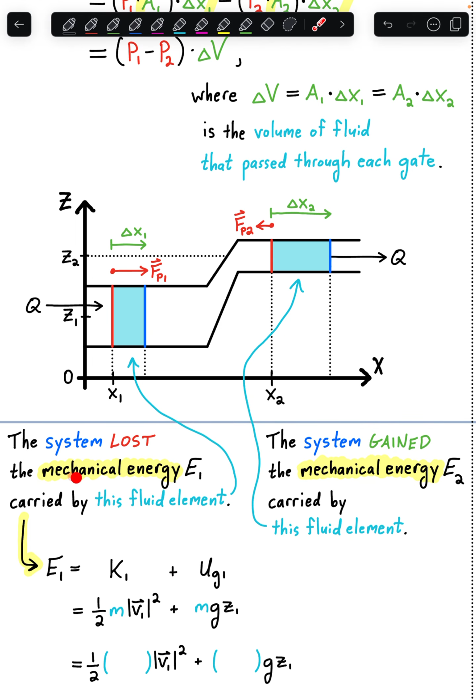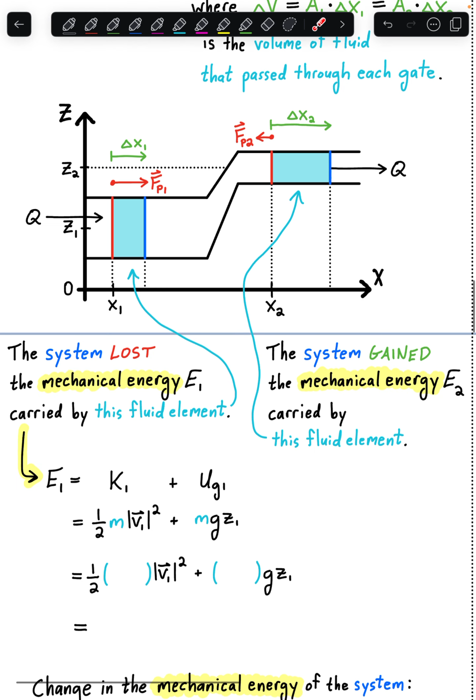So the system lost the mechanical energy carried by this fluid element, but gained the mechanical energy carried by this fluid element. So we can write that the mechanical energy of this fluid element here that passed through gate 1 is going to be its kinetic energy plus its gravitational potential energy. Let's say the mass of this fluid is little m here. So here's its kinetic energy, where V1 will be the speed of the fluid passing through gate 1, and Z1 will be the height of the center of mass of this body of fluid